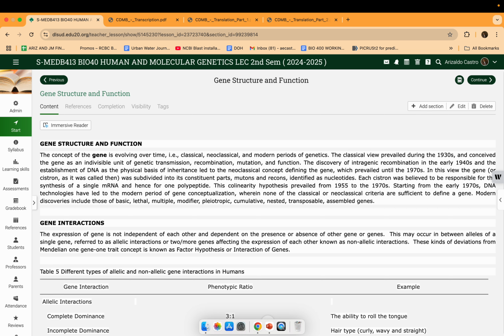There was a new definition that came out for the term gene. This neoclassical view prevailed until the 1970s, and this definition describes the gene as